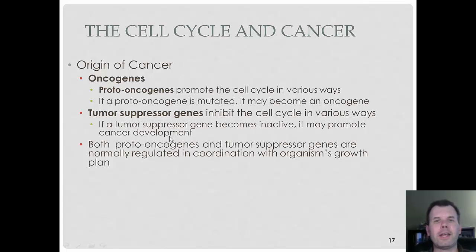So what causes cancer? Well, there's really two ways that cancer gets caused. You have these genes inside your body that either promote cancer or discourage cancer. And most of the time, these genes that promote cancer, these oncogenes, are shut off. And until they get turned on by some mechanism, you don't have to worry about it. But if they do get turned on, that's when you have a problem. And we see this in cancer cells. These genes get turned on.